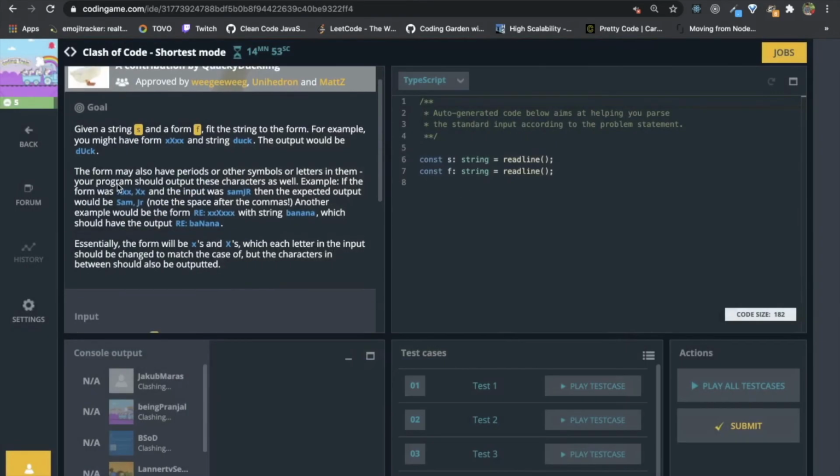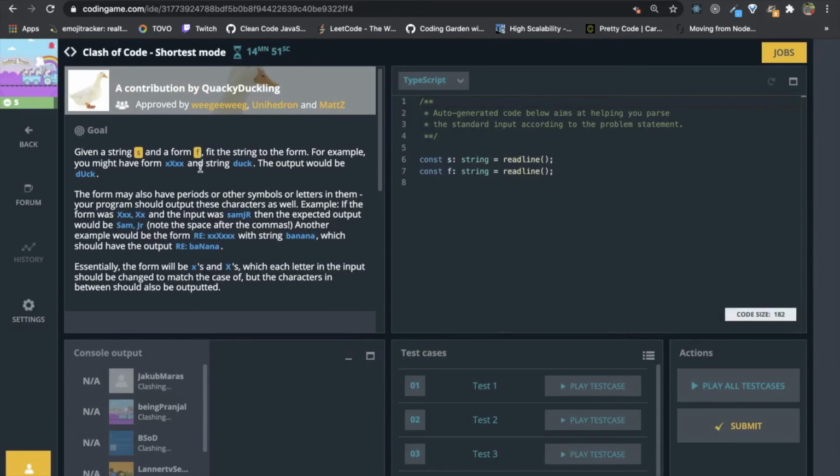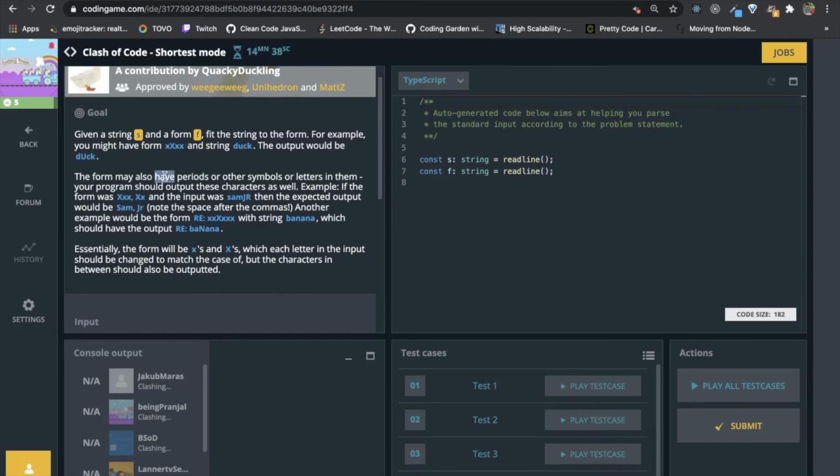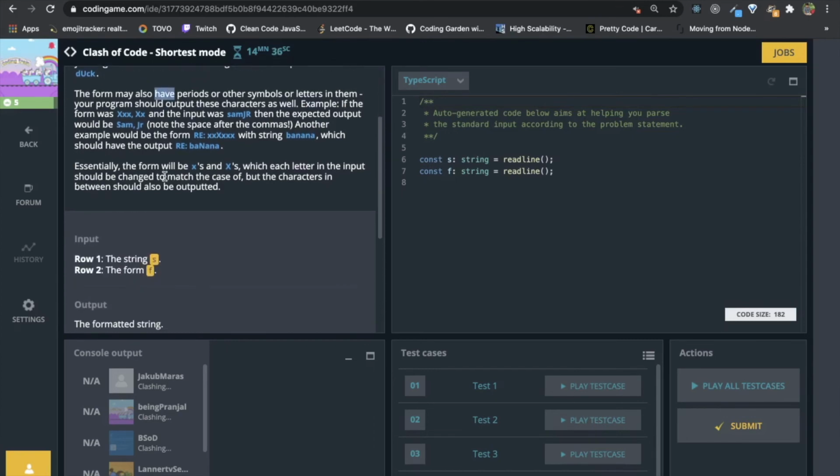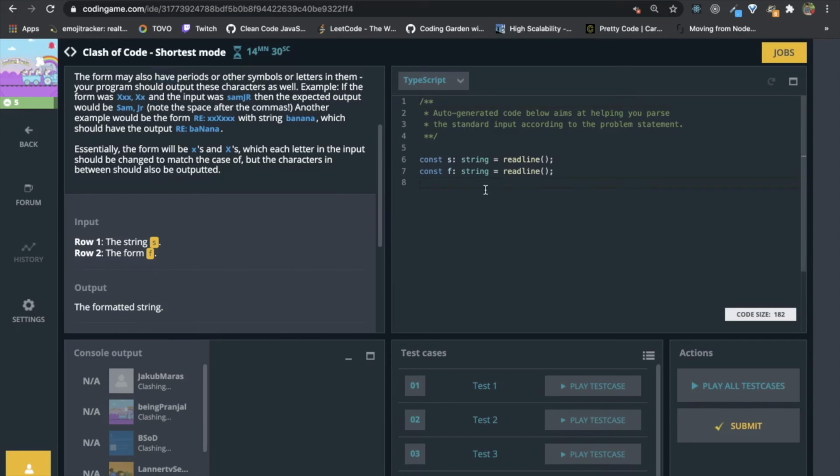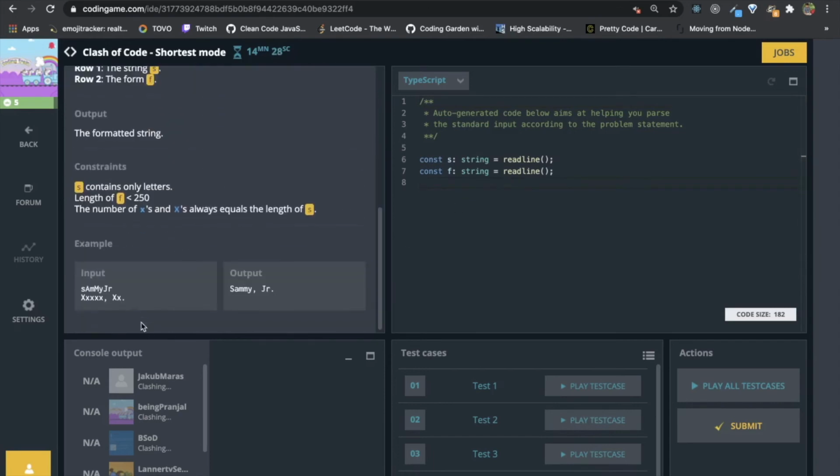Let's read the problem. Given a string s and a form f, fit the string to the form. For example, you might have a string xx and a string duck. The output would be duck. So d, capital U, the form may be, okay, it is quite a good problem. It is shortest mode, no problem, we will solve.